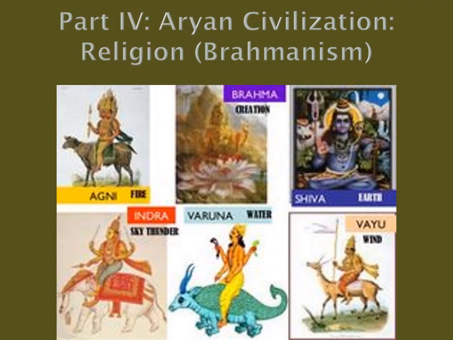Now, let us move on to take a look at the religion of the Aryan civilization, also known as Brahmanism. We've seen that the Aryan civilization represented people of a later age migrating from outside of India into India, and they have their own cultures and values. So their own religion too, which is known as Brahmanism. And this stands in contrast to the religion of the earlier Indus Valley civilization. And then from the Vedas, we know that there are 6 aspects of their religion.